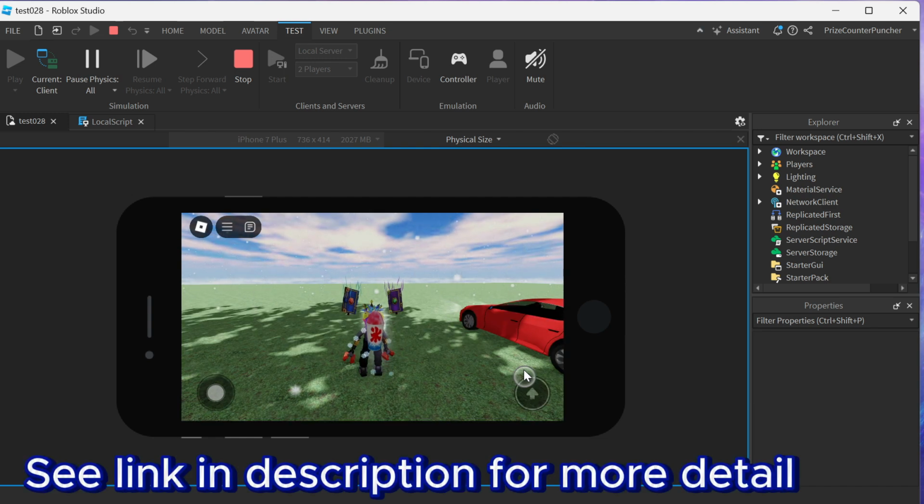See the link in the description of this video for more detail on ContextActionService, including how to customize the image of this little button here and how to customize the location of where this little button is going to appear. Again, the link is in the